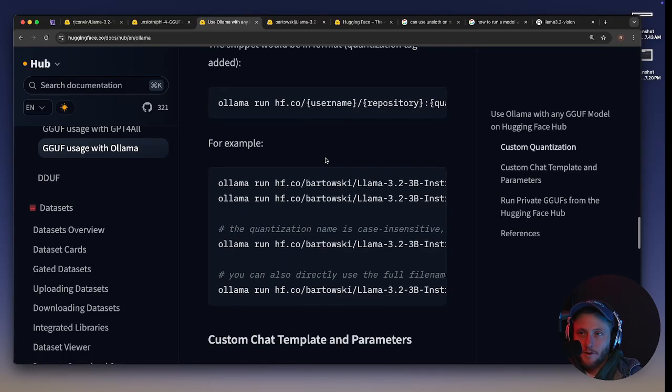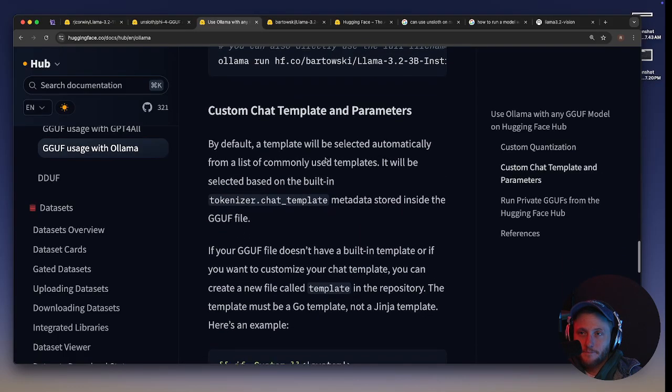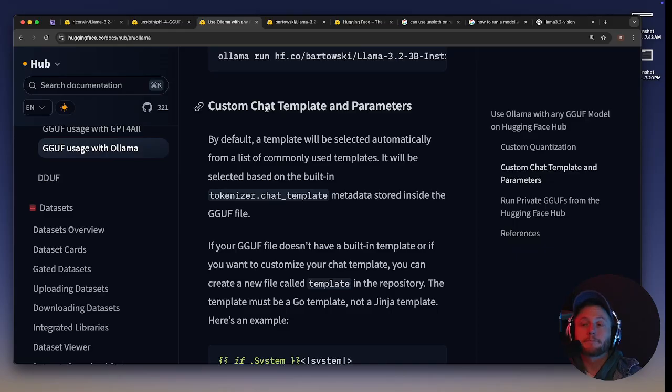The snippet would be in the following format. Custom chat template and parameters. By default, a template will be selected automatically from a list of commonly used templates. It will be selected based on the built-in tokenizer chat template metadata stored inside the GGUF file. Oh. So,